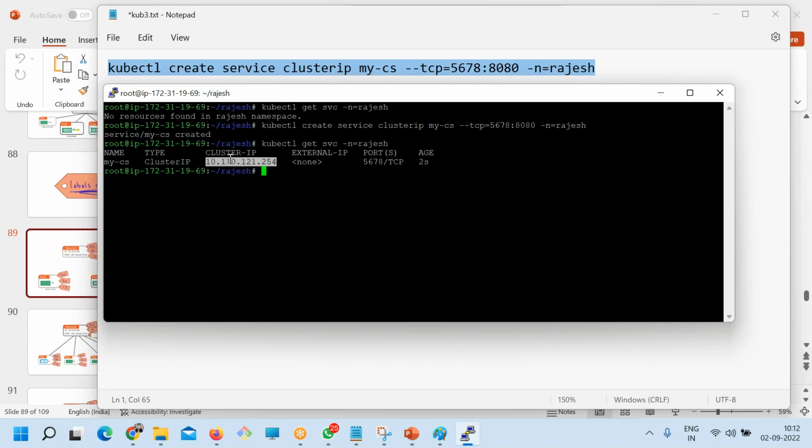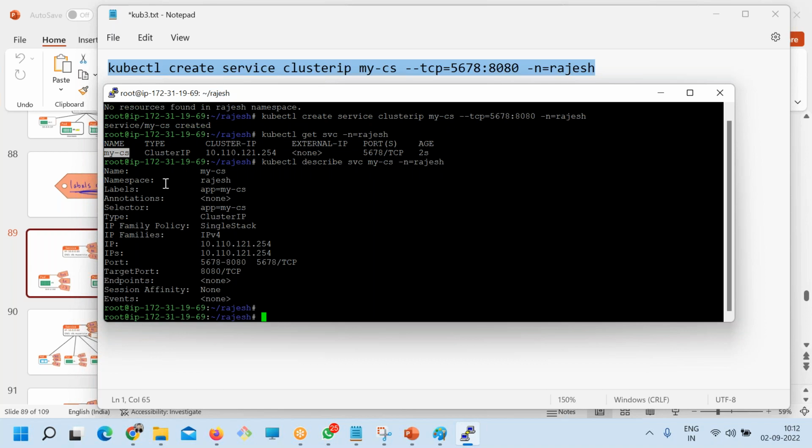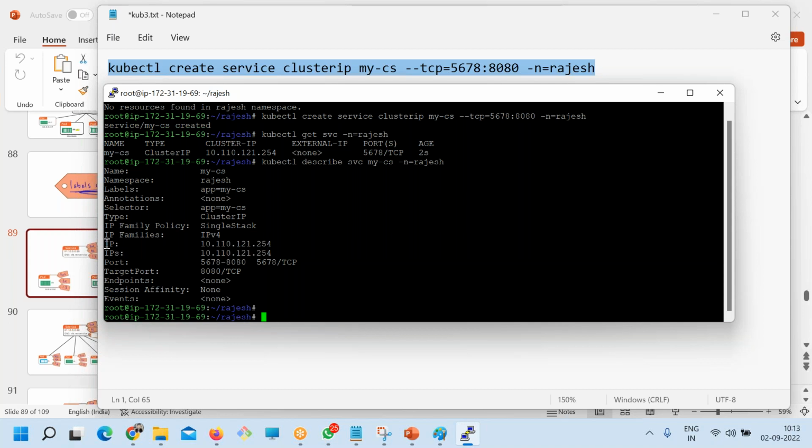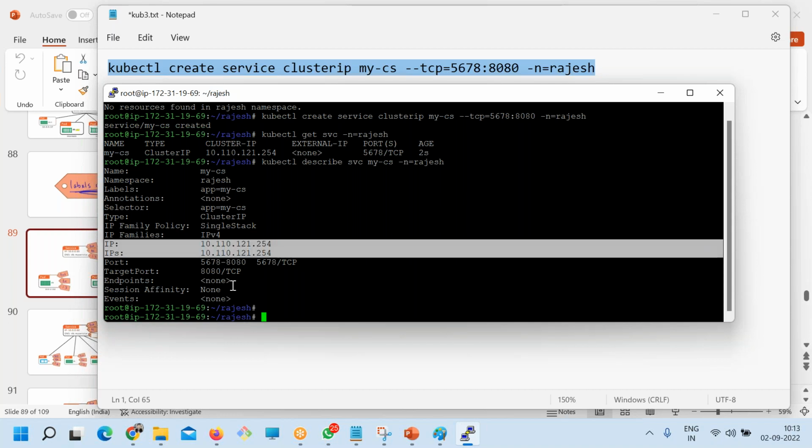Now this service you can describe and see, all the commands you know that. Okay, so same command, svc, and this one. So here you have IPs. Okay. And is this service load balancing the pod or not?